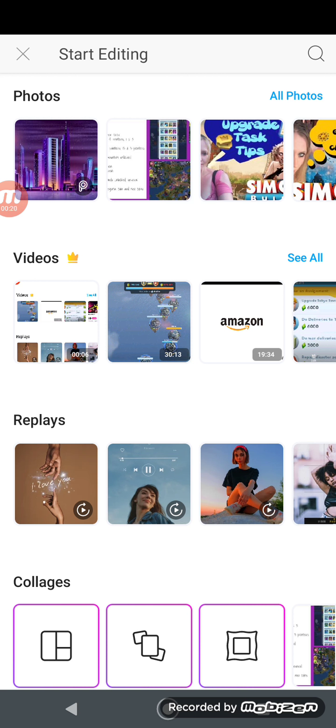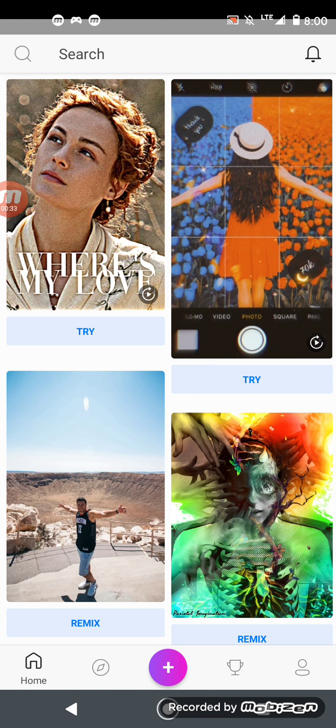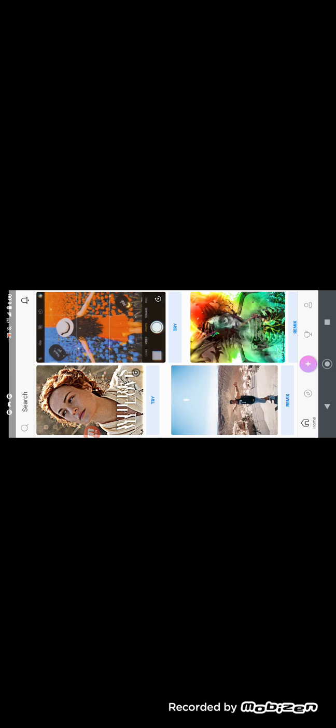Alright, so maybe you want to edit some photos, make stickers, know how to make thumbnails, that kind of thing. There's a couple of different things that you can do from this screen, but basically what you do is you're going to download an app called PicsArt, and when you get to the app you're going to be looking at this screen here. You're going to hit the plus sign here,